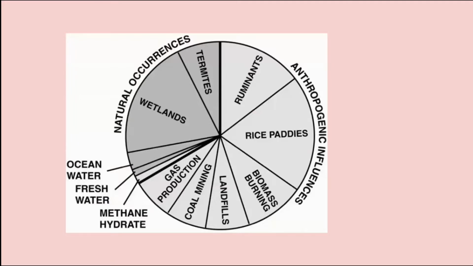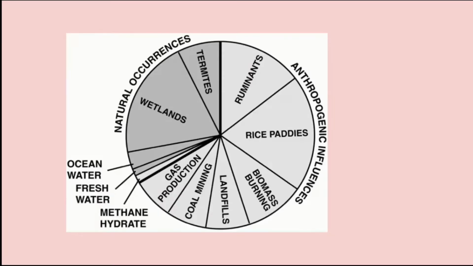And the main one here, this shows you natural occurrences and anthropogenic sources. Anthropogenic means caused by humans. Hence, the study of mankind at a university is called anthropology. Now, if we look here, we see gas production. This comes from also oil extraction. Then we have coal mining, landfills. Landfills produce a lot of methane. Biomass burning, this is where they burn wood and paper and stuff like this. And as I mentioned earlier, rice paddies.